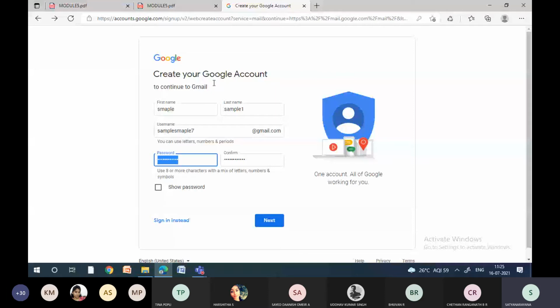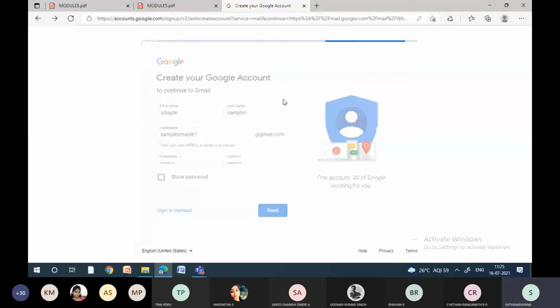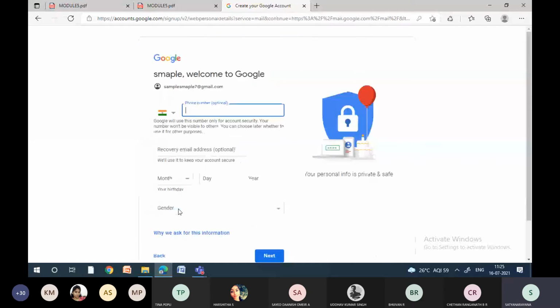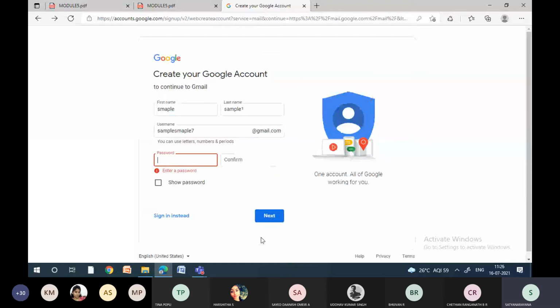Once it is done, I'm writing a button called next. When I click on next, what is happening? It is taking me to the next page. This is called event handling, and that is what we are going to study next. When I click on next, it goes to the next page. If I click on next and something is missing, it shows missing. That is called event handling, right?